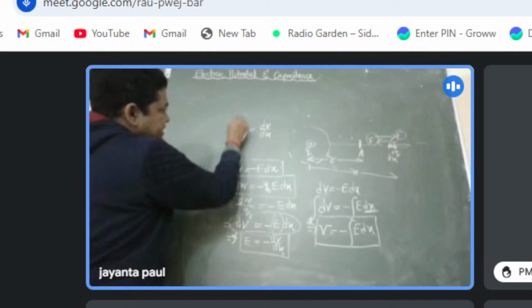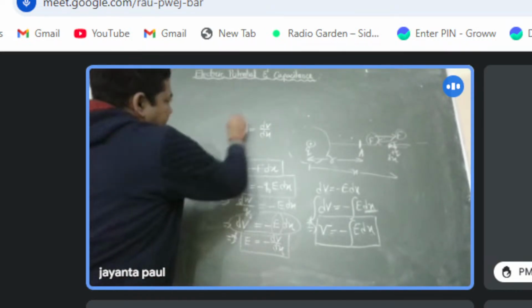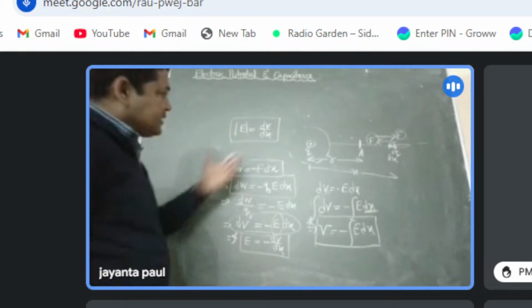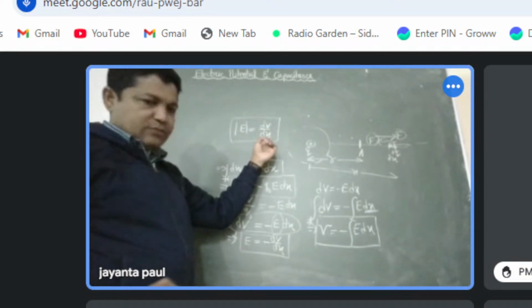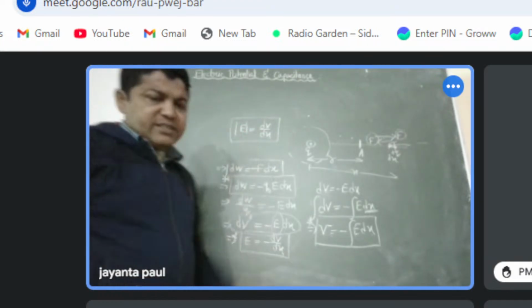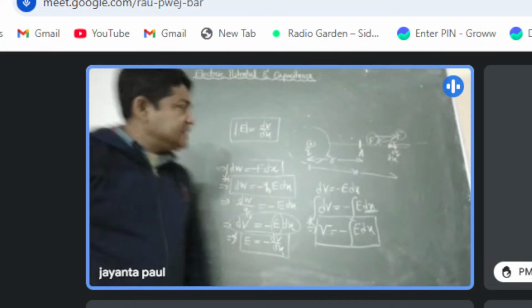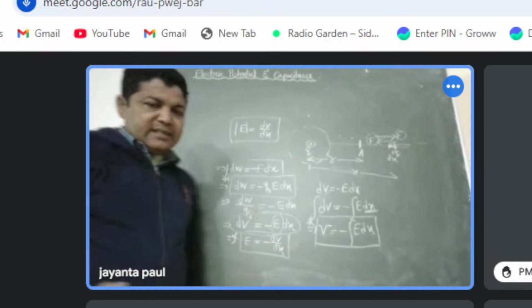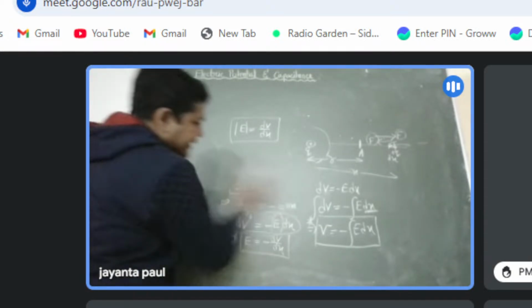In that case this E is taken as the magnitude. अगर मैग्नीट्यूड ले लेंगे तो it is E is equal to dV by dx, that is differentiation of potential along the length or with respect to the distance x gives us the electric field intensity. This is a very, very important one, that E is equal to dV by dx. Next